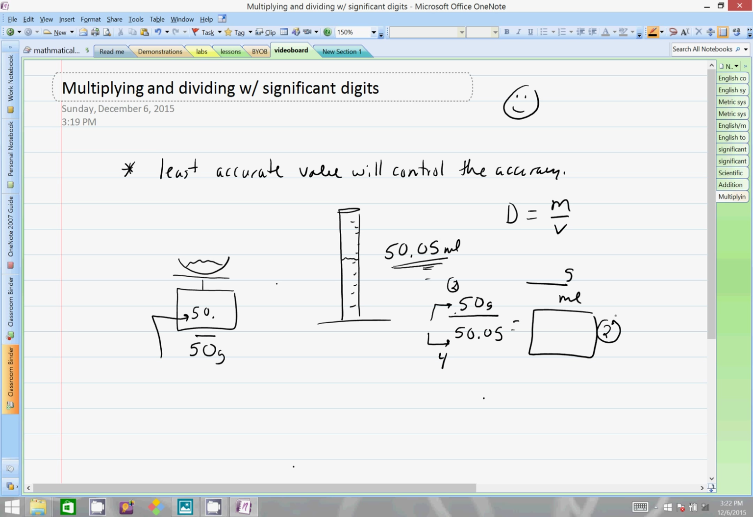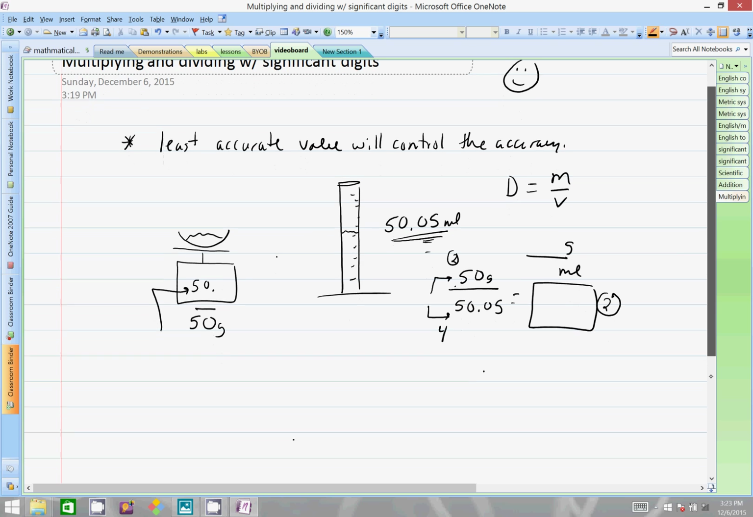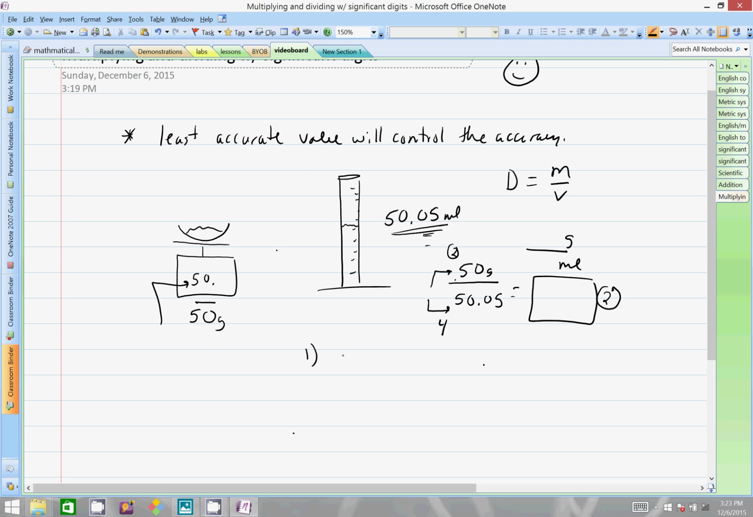So my rules here, just kind of review the rules a little bit. First thing you want to do, whenever you're doing anything mathematical, is assign number of sig figs. Step 2, very simple, simply calculate, which is where we are right now. I have 2 sig figs and 4 sig figs. I'm going to divide them, and this number is going to be ever so slightly less than 1. 50 divided by 50.05, and I get